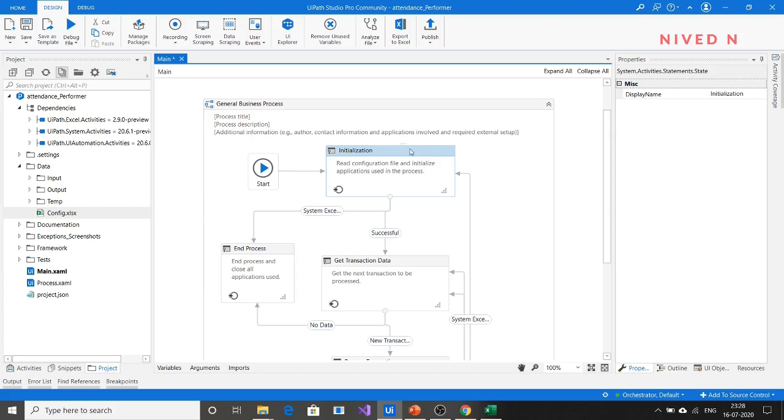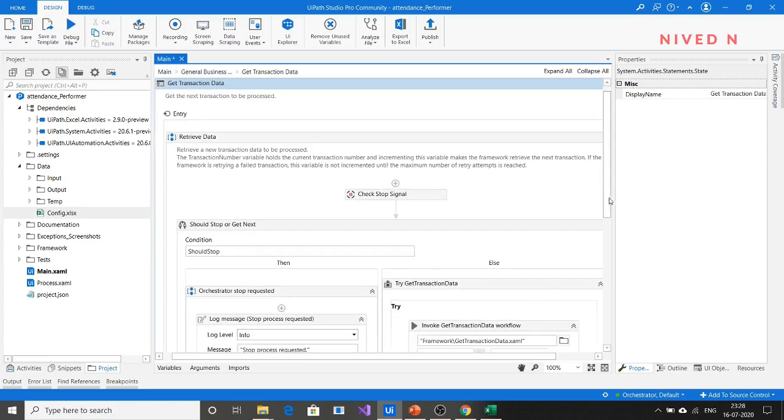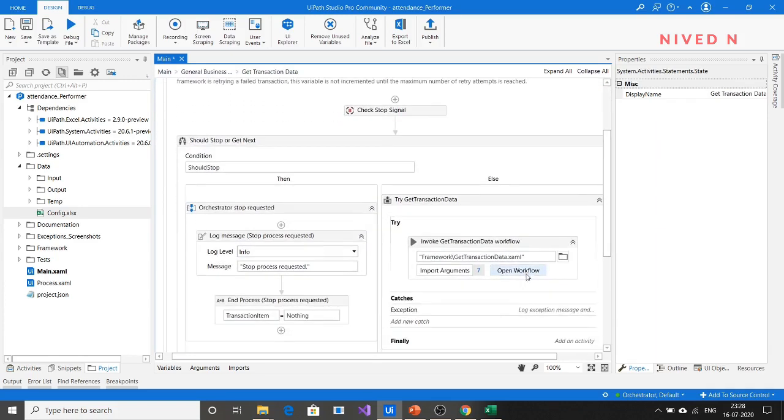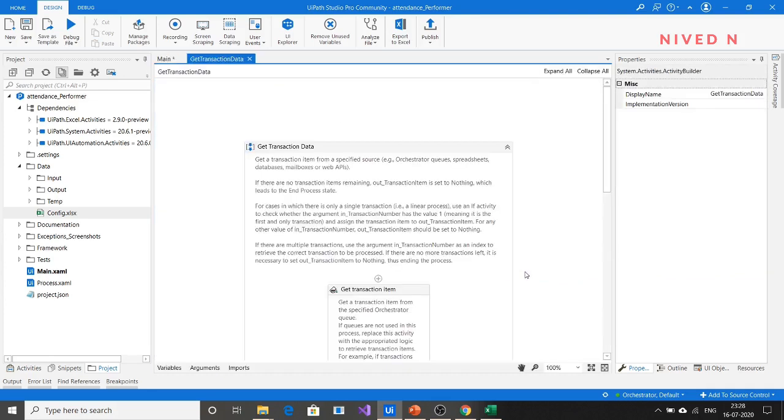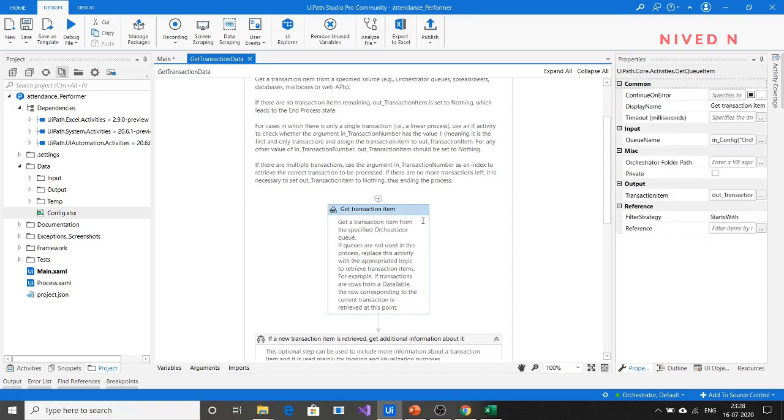Okay, and if you go to the get transaction data state, you know that this REFramework is by default built for queue items. So already everything is set up here. Using this get transaction item activity, we can retrieve each queue item from the employee queue.